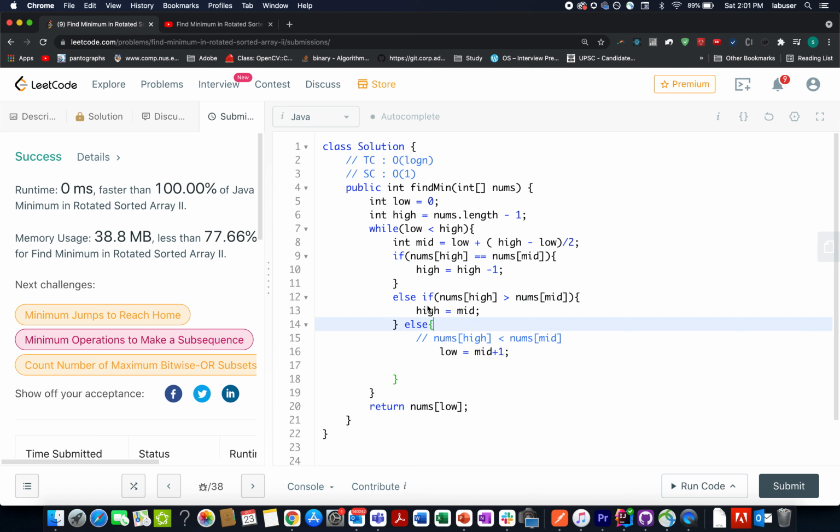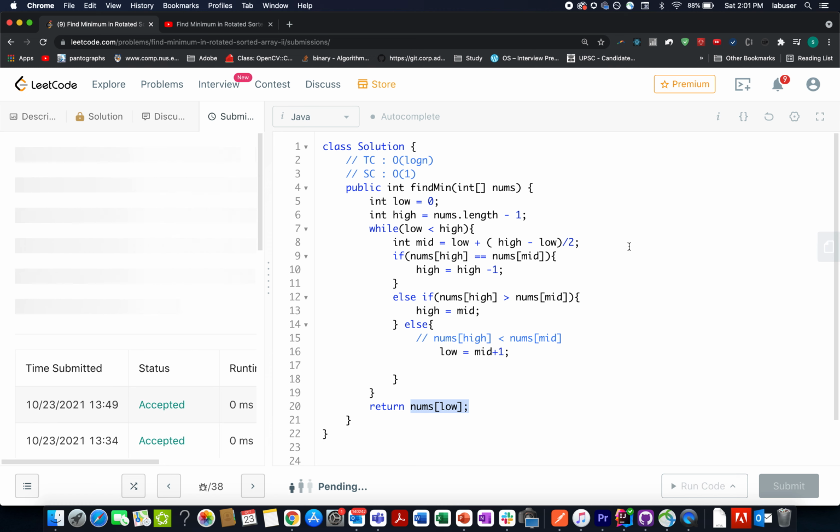Otherwise, if this condition is also not met, that simply means that nums at the higher index is less than nums at the middle index. We can simply disregard the left part of the middle segment, and update low to mid plus 1. In the end, we simply return nums at low.